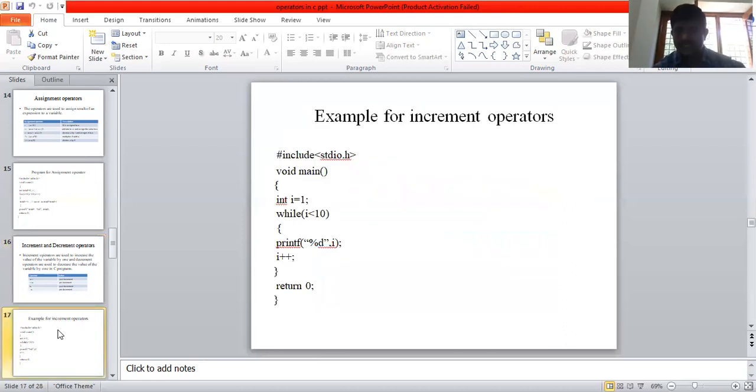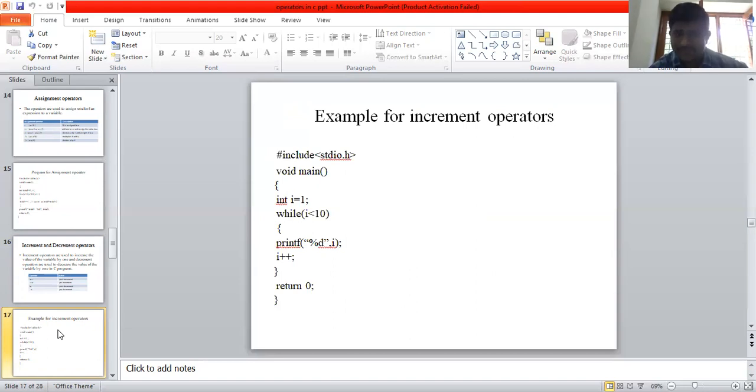Only this program displays the increment operator output. So integer type variable I equal to 1. I value is 1. Here the looping statement is while I less than 10. While is a looping statement. While this condition, I less than 10, is true, execute the block of statements until this condition is false.